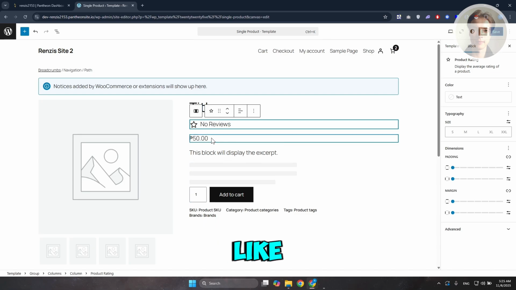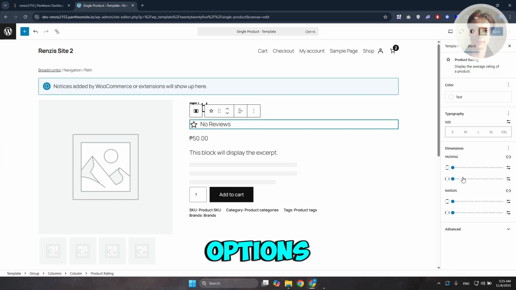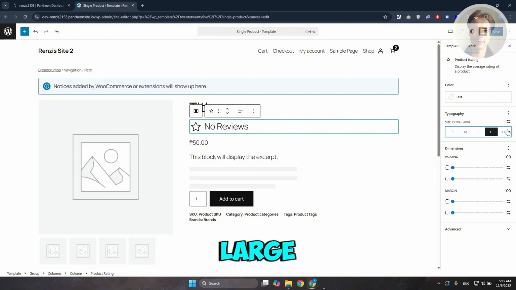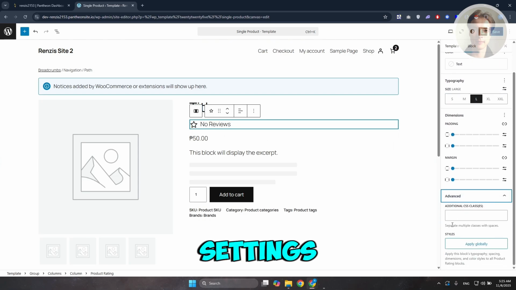But if you want to edit certain attributes of your product name or the reviews here, well, you could go and just click on it and it should give you the options here to basically change a few things, like the padding, what's the size for it, if you want to make it large, extra large, or extra extra large. So if you want to do that, you can go ahead and do that as well in here. Add paddings, margins, and if you want to access the advanced settings, you could also add additional CSS